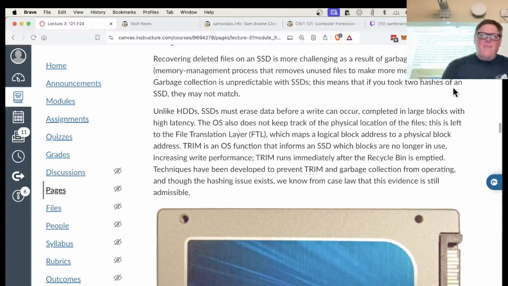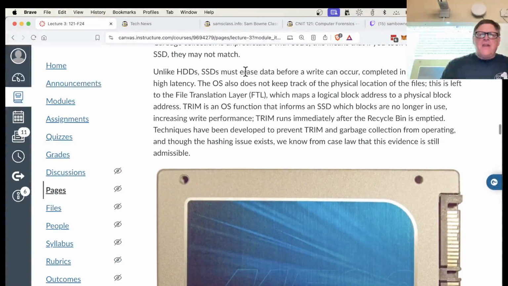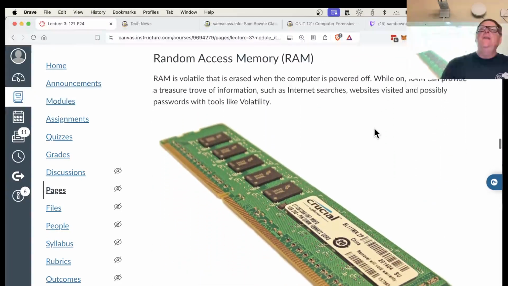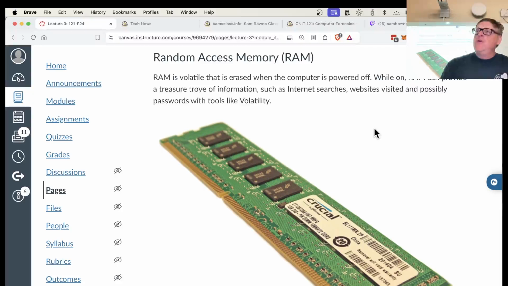Anyway, all right. And that's what it's explaining here. It has to erase large blocks before it can go. So that's the difference with SSDs. Now, RAM is memory that is not intended for long-term storage at all, although it lasts longer than people might